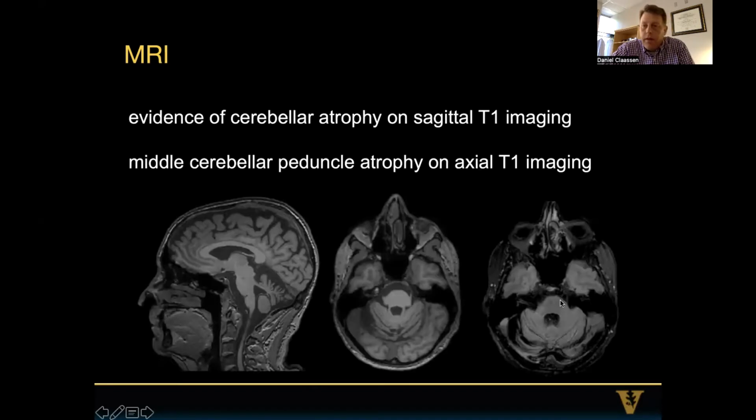And then finally, one of the more common things you see is what's called a hot cross bun sign. It's just an artifact or a result of some of the degeneration in the brainstem, where you can see what looks like a crucifix in the brainstem. So in this case of a gentleman that has multiple systems atrophy, cerebellar predominant type, you can see the classical